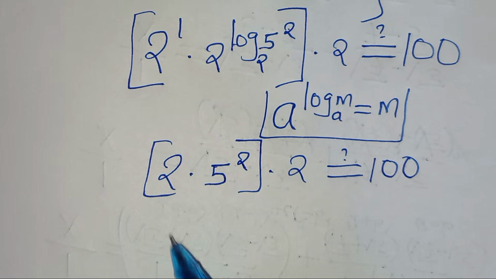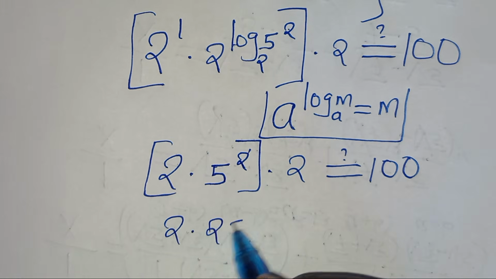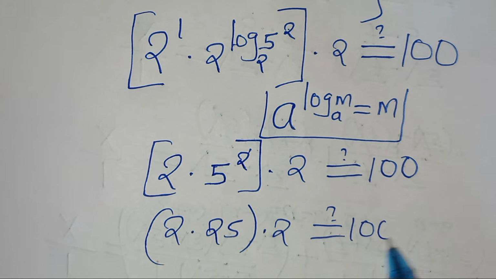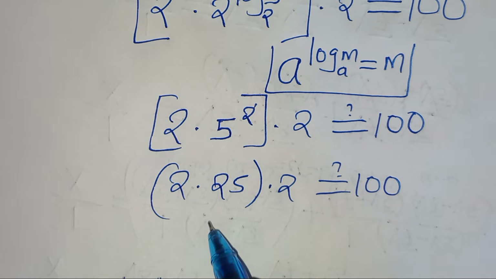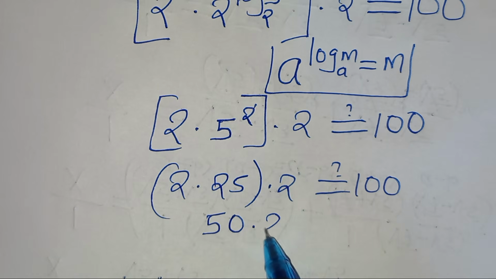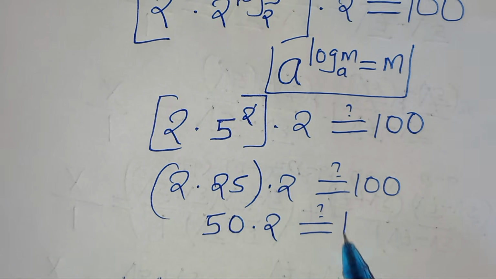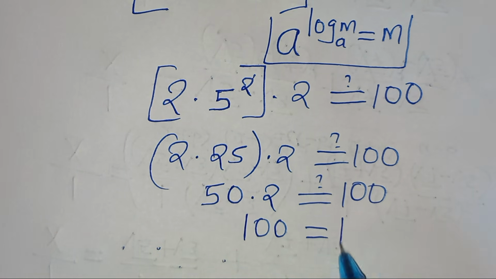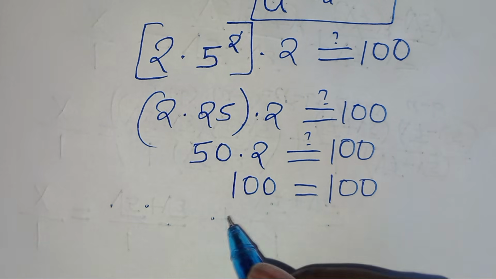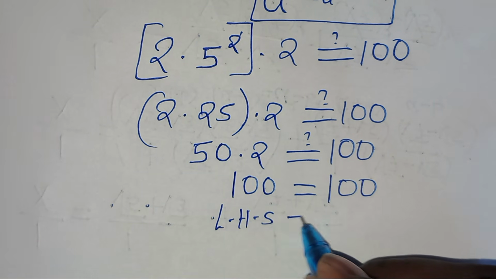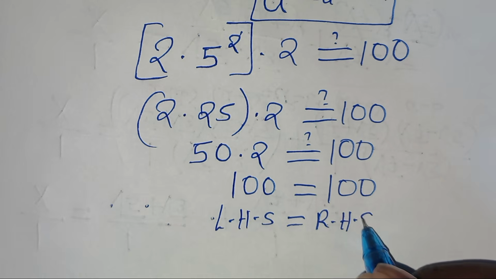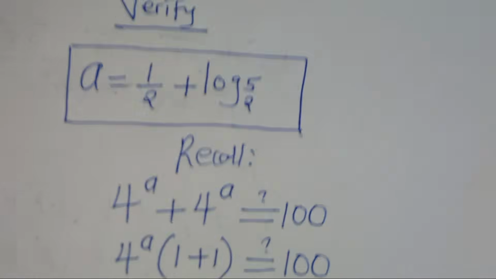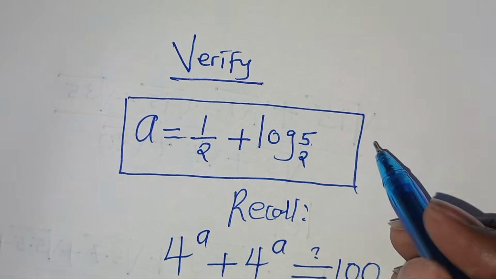So this means that this is 2 times 5 squared, which is 25. Then multiplied by 2. This should give us a value of 100. 25 times 2, this is 50, which is multiplied by 2. This should give us a value of 100. So 50 times 2, this is 100, which is equal to 100. So the left hand side is equal to the right hand side. And this affirms that the value of a, which is equal to a half plus log 5 to base 2,